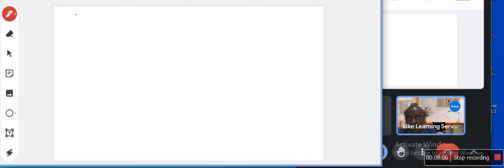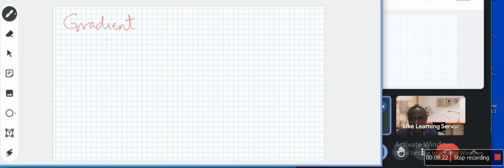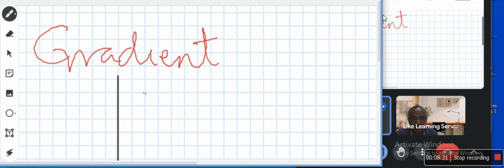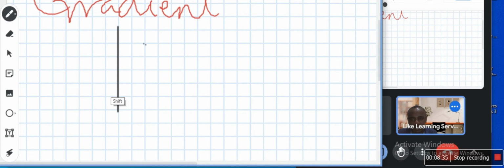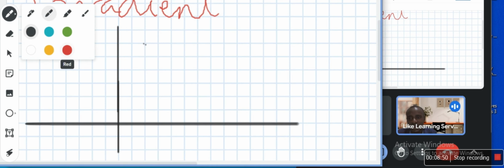First of all, gradient. You can use differentiation to find gradient. In fact, if you remember, let me add a background of a graph. If we have this graph, I can even zoom it in to make it bigger. You're seeing what I'm drawing? Beautiful. Just stay with me. See this graph? If I have this graph and a line runs like this,